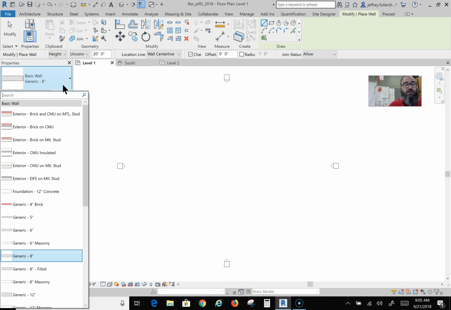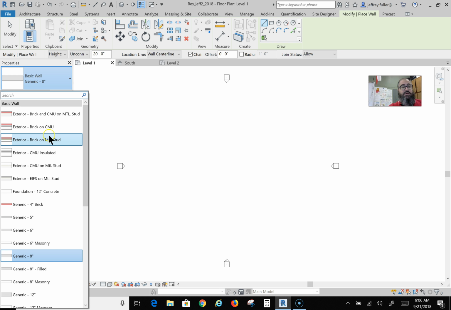Now, depending on the wall that is specified, it could be one of many different walls that are specified for the job that you're doing. Let me fix that camera there. That's a little better. Many different types of walls. So what you need to do is look through here, which these are all mostly commercial walls. You need to look through here and find something to base your wall on, a template basically,